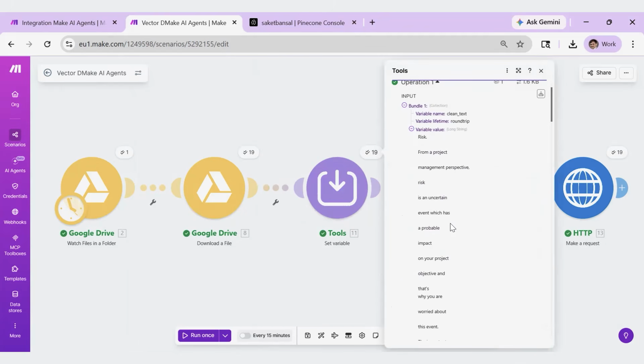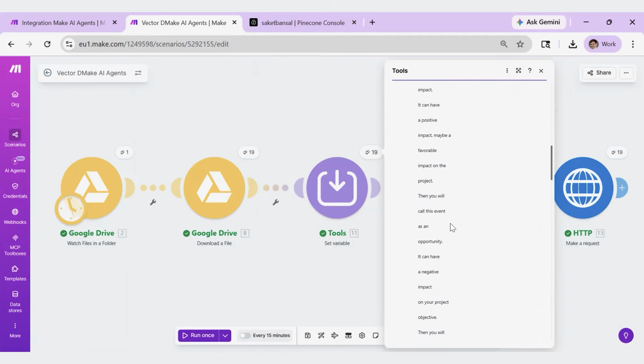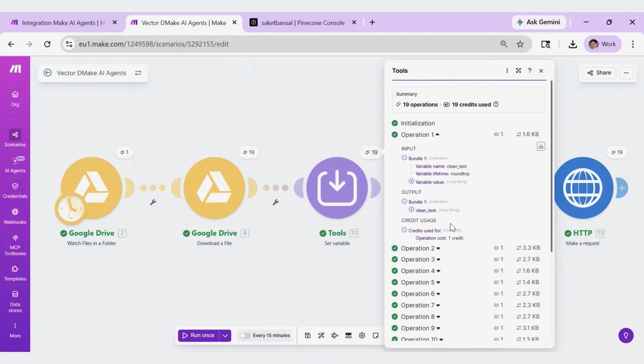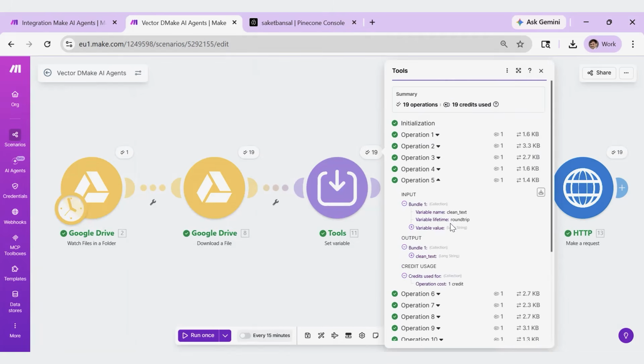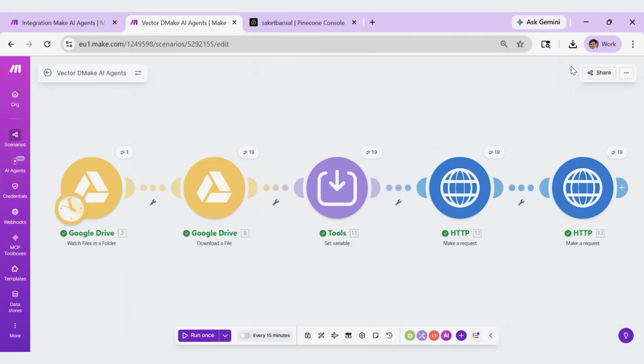You can see the line spaces and all, because when I copied the transcript from YouTube, it had a lot of newline characters since small statements are made. So I left it like this only. It has all the inputs. All my files are finally available here in text format. All 19 files are available here. This is the ingestion process we are exploring. Now I'm just preparing the right data. Then I need to call the Google